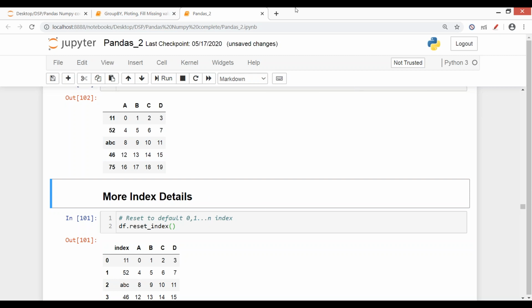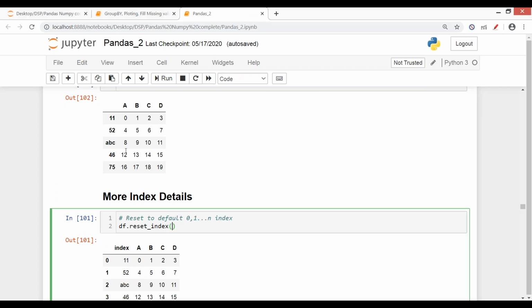So for that the command is dot reset_index, and you just leave the open and close brackets empty. In this case, the existing index will become your column.